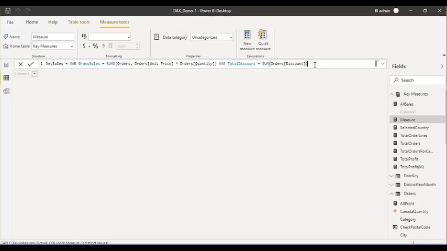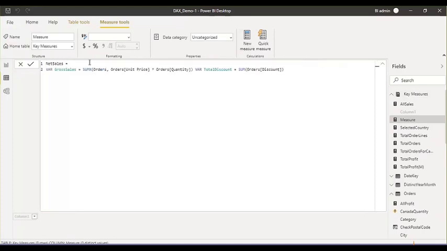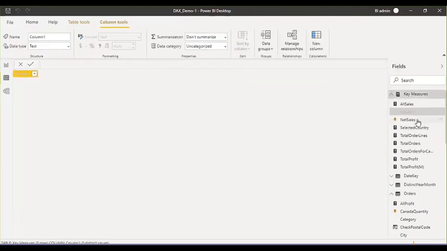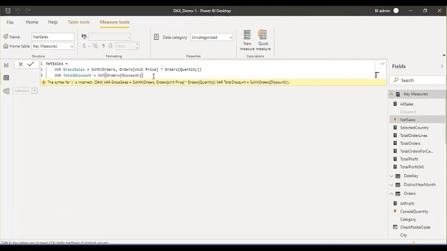So let's optimize it, following the proper naming convention and indentation practice. In order to do that, first expand the size of the formula bar, and now here you have to format your DAX expression. Just move it to the next line with Alt plus Enter, then you can press Tab. This is for indentation. Move this line also to the next line, right? So now this expression is in a more readable format.